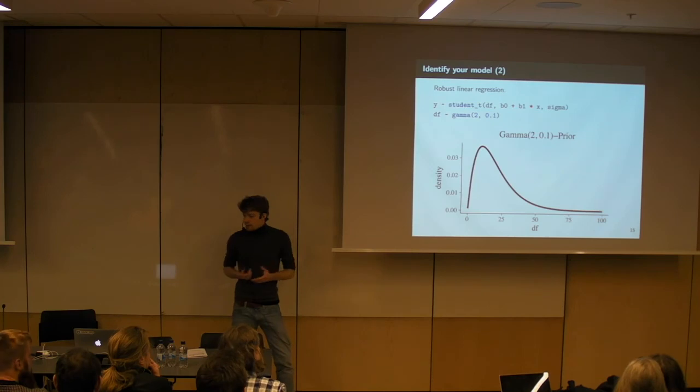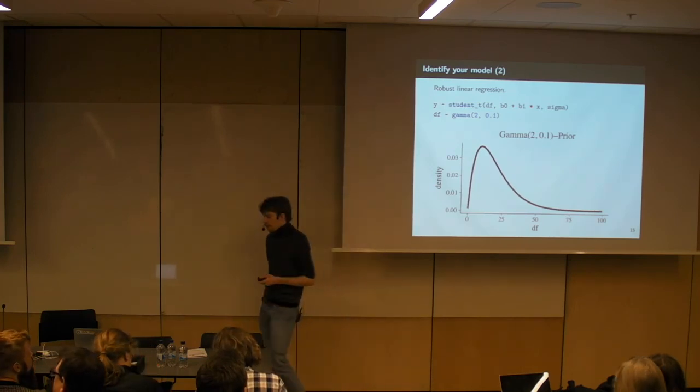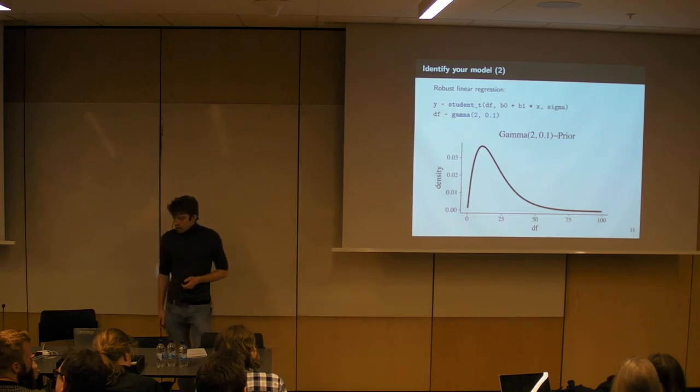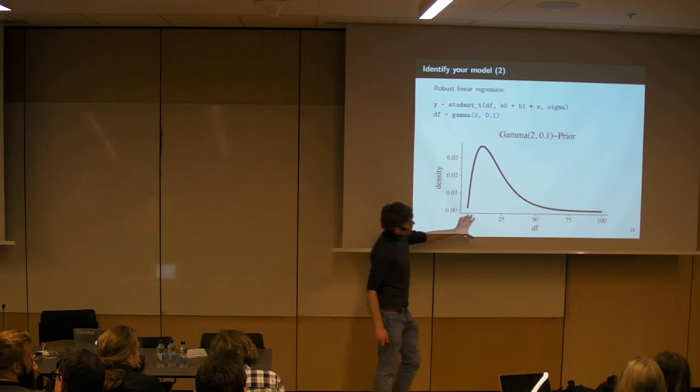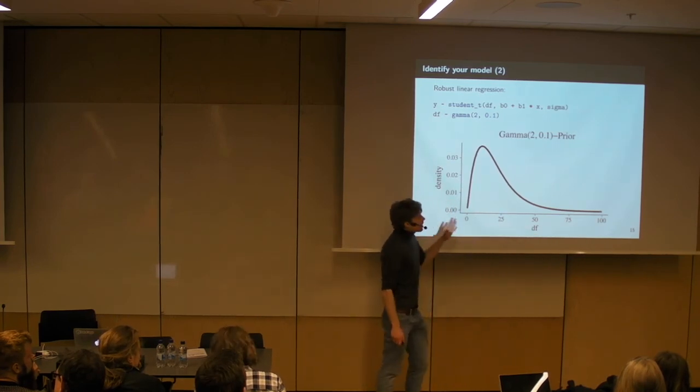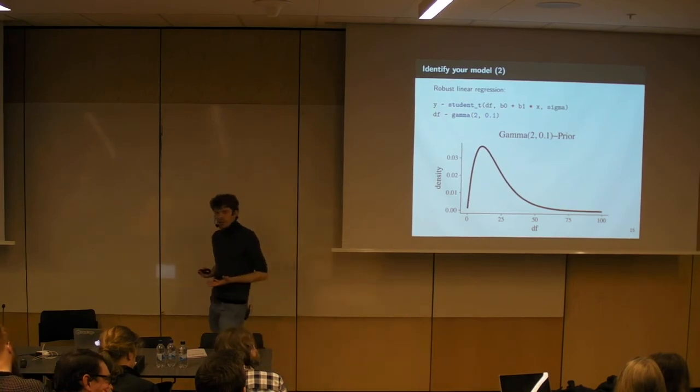So there's a sort of default prior for degrees of freedom. It's a gamma prior with shape 1 of 2 and shape 2 of 0.1. Someone came up with it. It works pretty nicely. So that's the prior of the degrees of freedom, and it makes sure that even if the data is consistent with a normal distribution, we can still estimate the model.